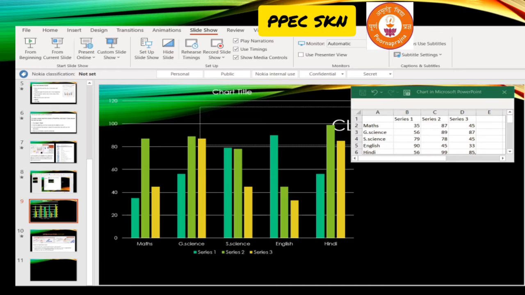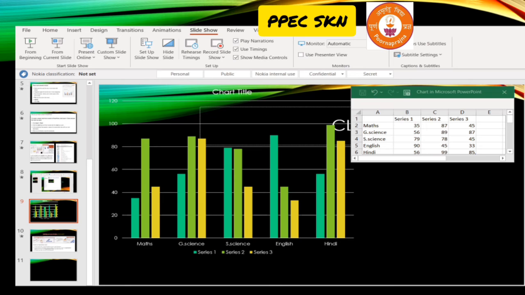With that, you can see one more window next to the chart. It is the chart in Microsoft PowerPoint, but it looks like an Excel sheet. Inside this Excel sheet, you can type your own data. Whatever data you need to show to your audience in the chart, you can type here. Now I simply typed some subjects and marks. Depending on my data, the column chart is created on the left side.